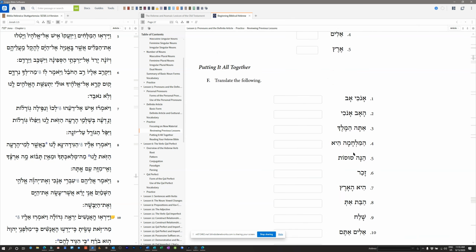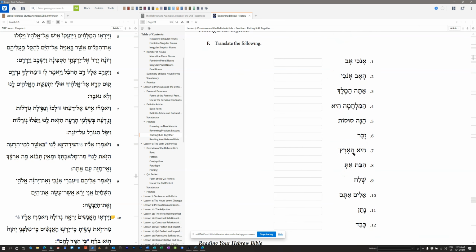And then F, this is kind of putting the two together. So we already did pronouns and we did definite articles. Now we're going to combine them. So here we've got anochi av, 'I, a father,' 'I am a father.' Ha'av anochi, 'I am the father.' And then atah hamelech, 'you are the king.' Hamilchama,